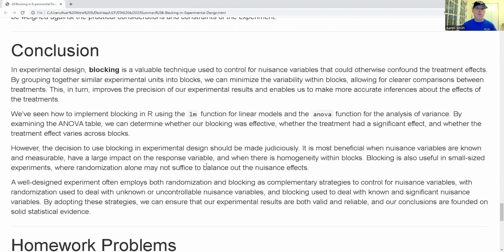We've seen how implementing blocking in R using the LM function for linear models and the ANOVA function for the analysis of variance. By examining the ANOVA table, we can determine whether our blocking was effective, whether the treatment had a significant effect, and whether the treatment effect carries across blocks. However, the decision to use blocking in experimental design should be made judiciously. It is important to know when it's most beneficial